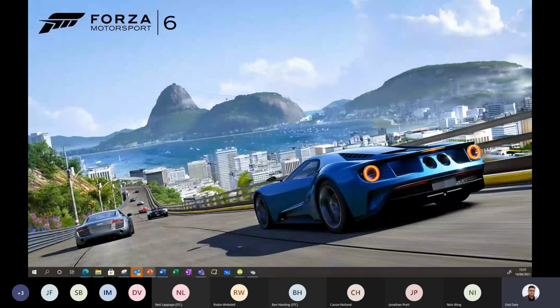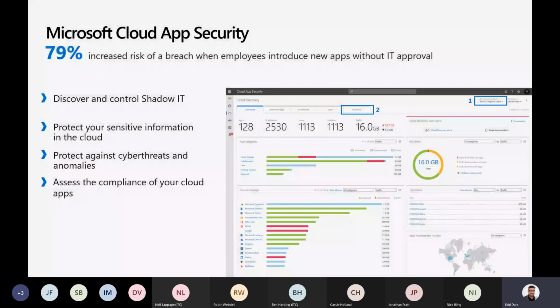And the other things around M365 E5, now we mentioned this in the first session, which is Cloud App Security. Now, again, this isn't something which you get in E3, but you do get it in Business Premium, strangely enough. Business Premium and E5 both have this. We mentioned last week the problems with shadow IT, people downloading and using applications and services which are not sanctioned